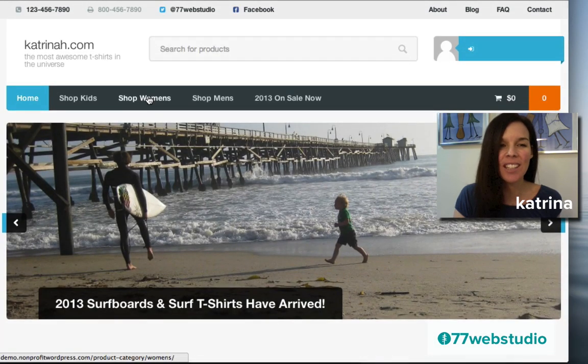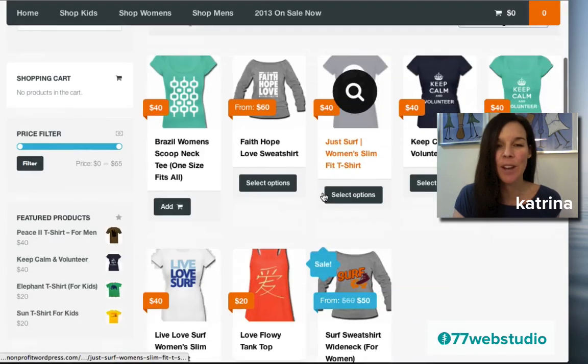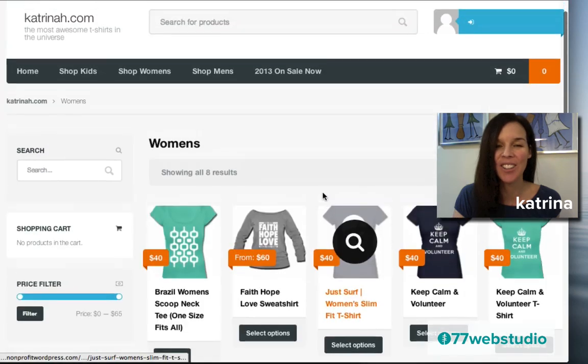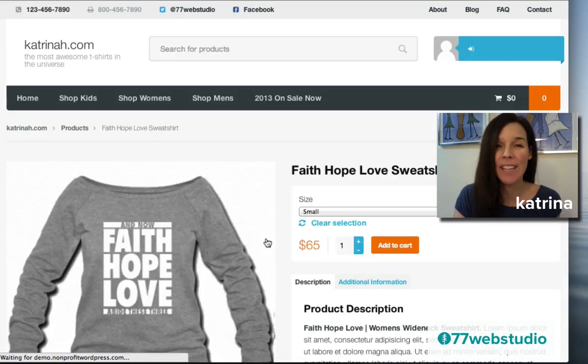So let's take a look at one of the product pages. I'm just going to click on this link here to go to the women's product page. This is what the product page will look like with all of your different items in your product category. I'm going to click on this one here just to check out the actual product page. Now we can really see when you go from a free theme to a premium theme, the bar really is raised in terms of design. Like all the different features, the typography, the buttons, they're really a lot nicer once you go to the premium theme.